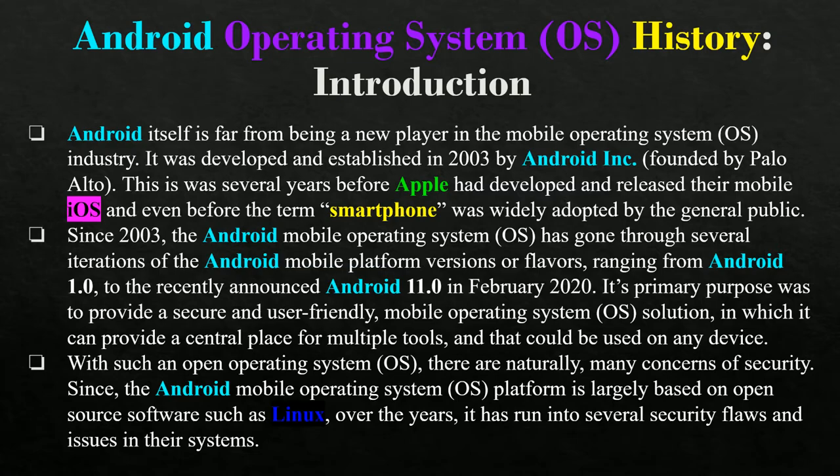The point of Android as well was that it's supposed to be an open platform that anyone can use. It was to be open source and free to use by anyone. It's largely based on Linux and Java and C Sharp, so anyone can develop anything on it. But as a result of being so open source, it has fallen victim to many security exploits and issues.